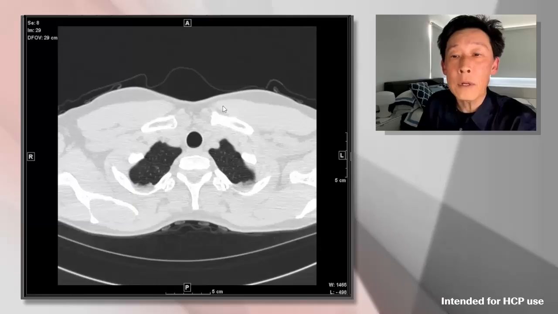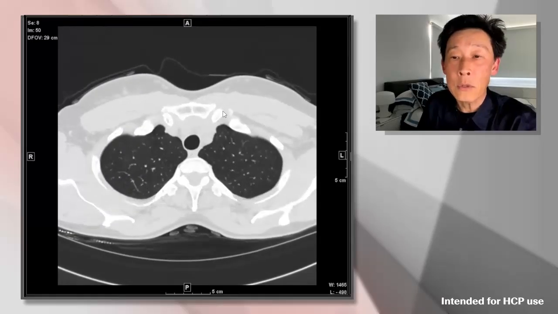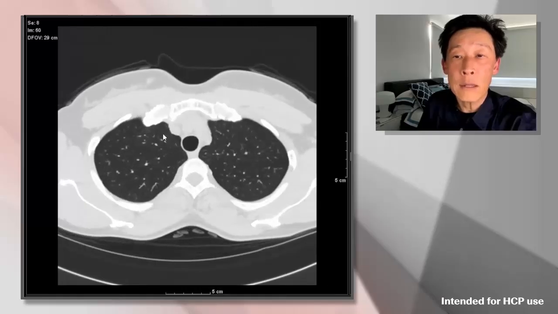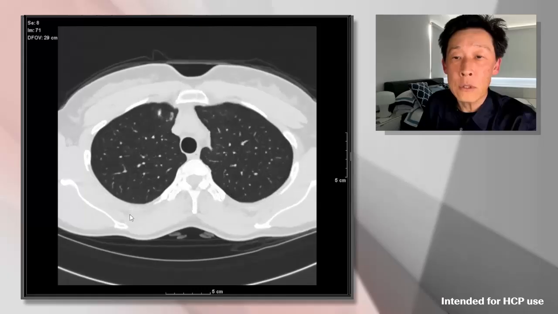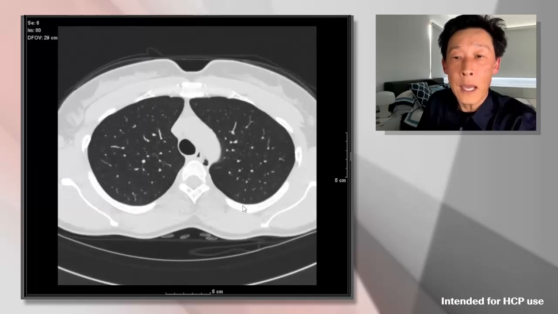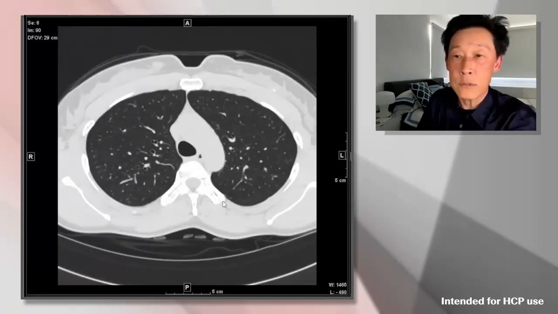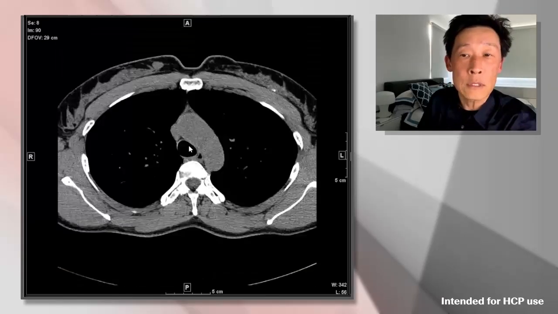All right, now let's cover a little bit more anatomy. I'm going to scroll down here to, again, the top of the chest, and I'll show you the lobes. At the very top of the chest, we have the upper lobes, the right and the left. As we scroll more inferiorly, and again, this is just for orientation, this is the trachea. And if we switch over to soft tissue windows, this is the thoracic aorta or aortic arch.